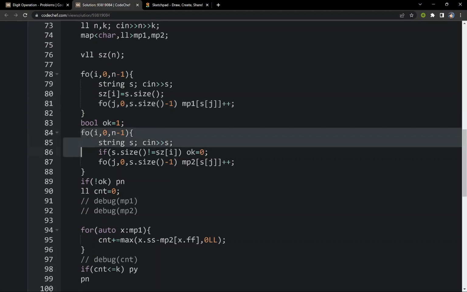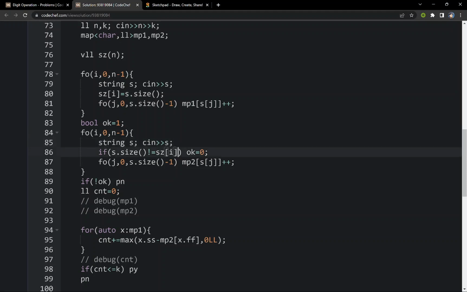And in array B, while I am taking the input of the string, I am checking if the size of the ith string is equal to the size of the ith string in A or not. If it is not, then I am making the OK boolean variable 0.